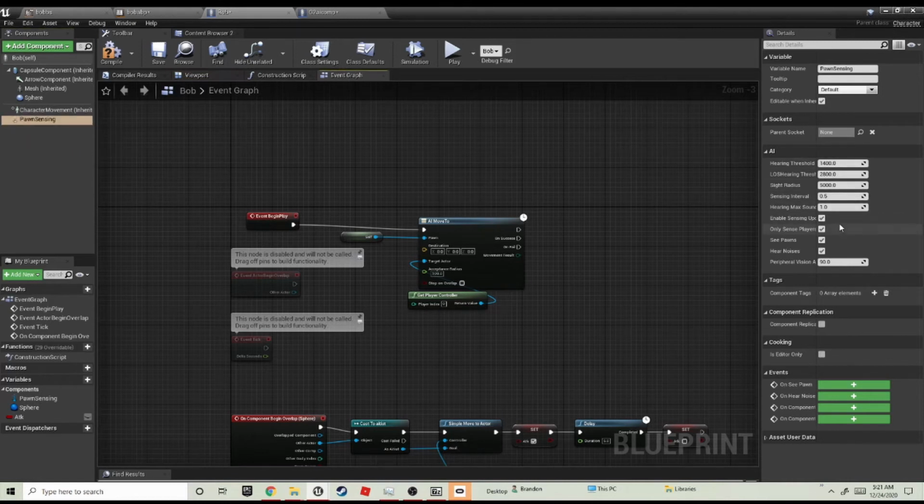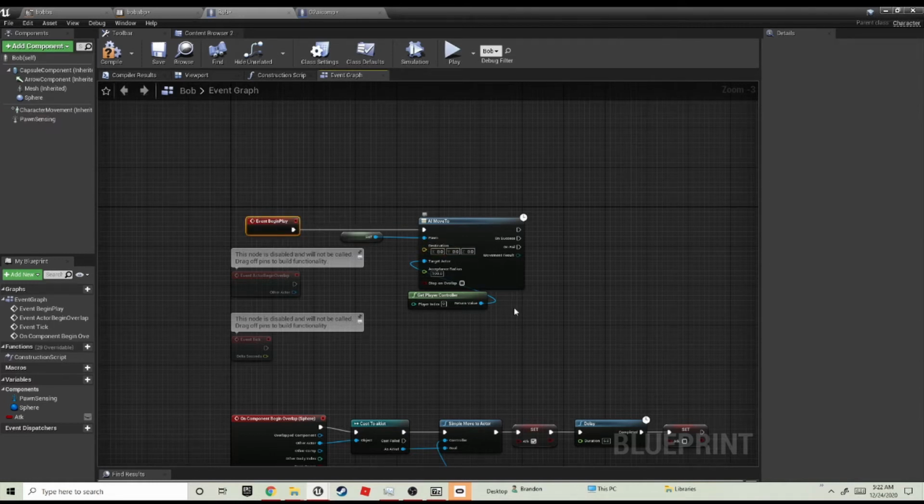We get this list off to the side here, and what this does is basically give him a sight radius and peripheral vision. Normal sight radius for my characters is like 3,000, and then I drag this down to 50 to 70 for teammates, and then 40 to 30 for enemies, just to make it easier to stealth. But you can do whatever you like with these. But now he can see,